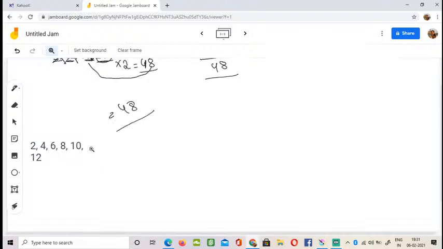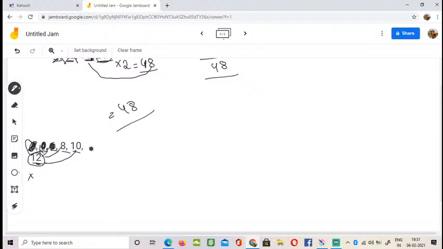Okay, so how will you do this? Again you will have to see the largest number from 2, 4, 6, 8, 10, 12. So your largest number is 12. So you will have to see whether this 12 is divisible by 2, 4, 6, 8 and 10. So 12 is divisible by 2, 4 and 6, because 2 times 6, 4 times 3 and 6 times 2. But by 8 and 10 it's not going to be divisible. So for that